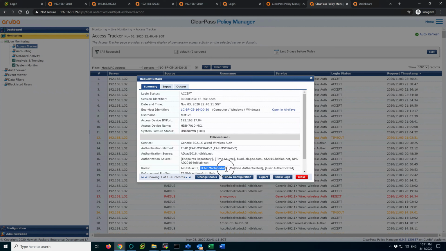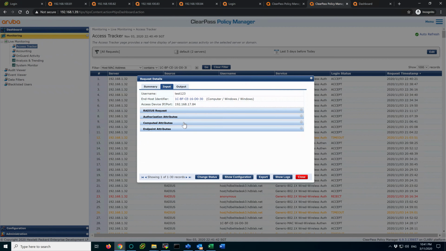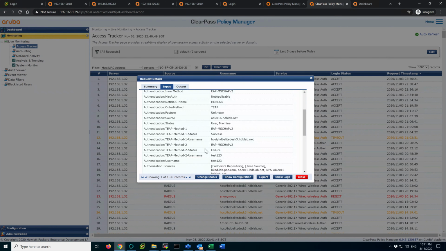As you can see from here, because this one failed user auth, based on my configured role mapping, it only has the machine auth role. Because of that, based on my configured policy, I only return the machine auth role to the controller to assign this user to this role, and of course the username is still based on the user auth. If you take a look at the input computed attributes, and take a closer look at the result,